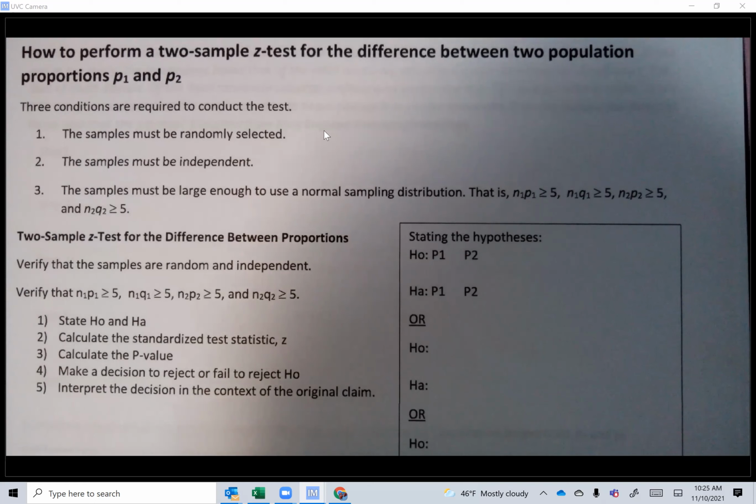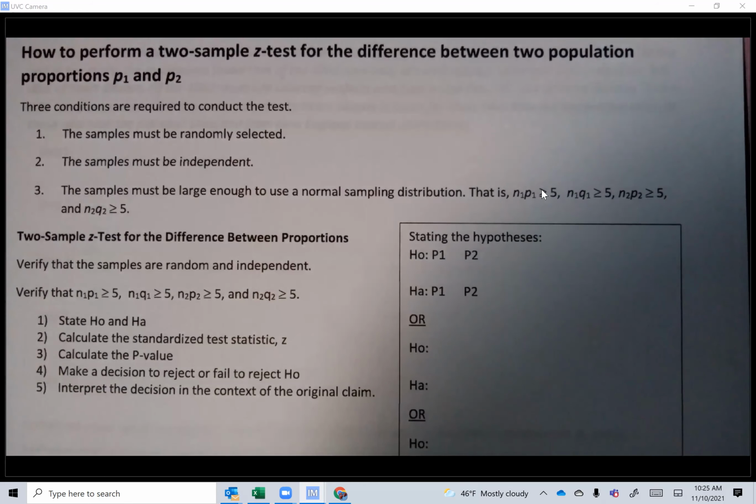How to perform a two sample proportion test between two population proportions, P1 and P2. And here are the conditions of the test. The samples must be randomly selected. Always random is important, guys. The samples must be independent, and the samples must be large enough to use a normal sampling distribution. Here are the conditions. So we have to verify